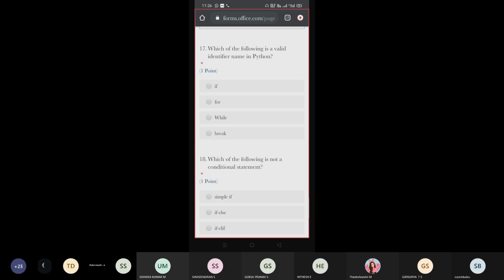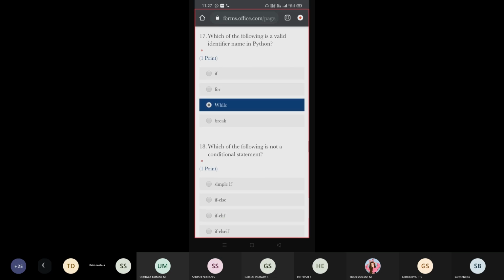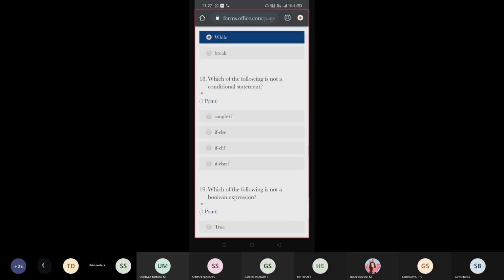Here, all the things are keywords, but look carefully at while: the first character is a capital letter. If it is a small letter, that is also not a valid one. But capital W means this will be an identifier, and small w means that is a keyword. So remaining everything is small letter, while only a capital W, so we can use it as an identifier. Kindly understand all the keywords should be in small letter except True, False, None. Understood?